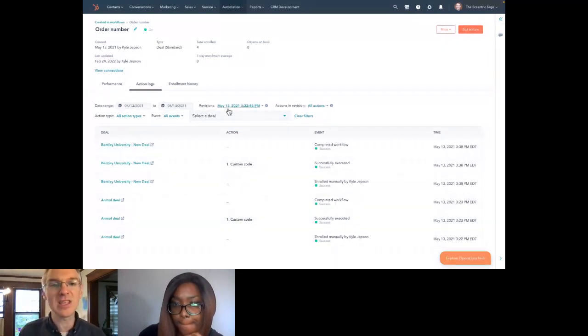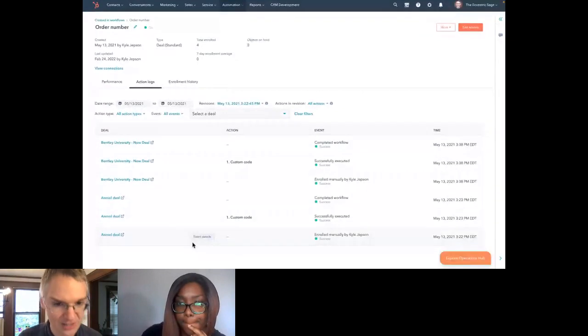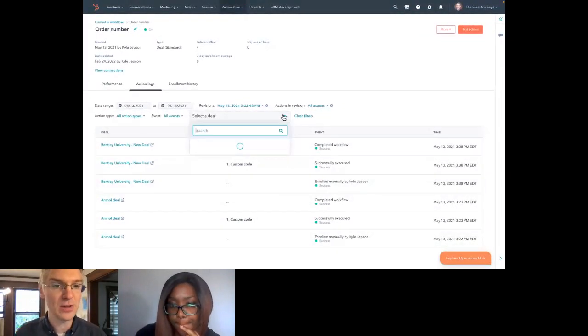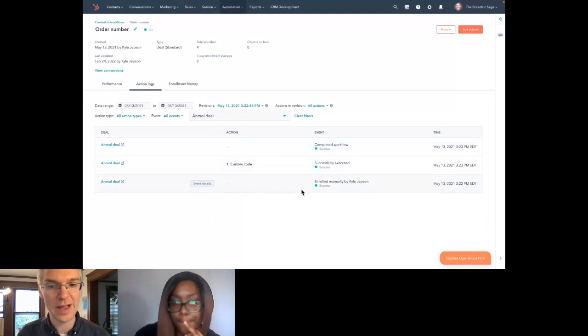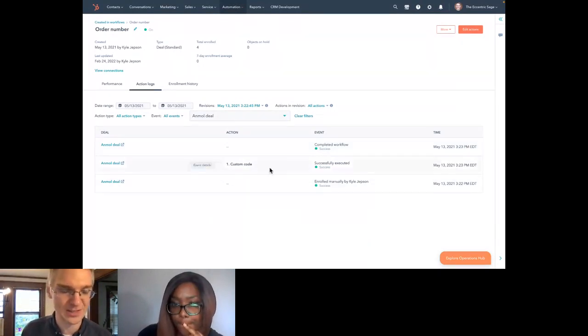And if you're looking at one of these revisions and there are a lot of records that went through, you're scrolling and scrolling and scrolling, you can look and see just a particular deal, what happened with it. And this is not super interesting. This is a one-step workflow, and it's custom code, so it's a bit of a black box. But if you have a lot of branching logic, if you have a lot of different actions, if you're wondering where a